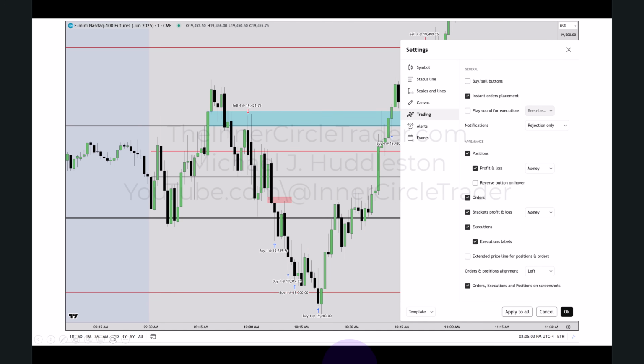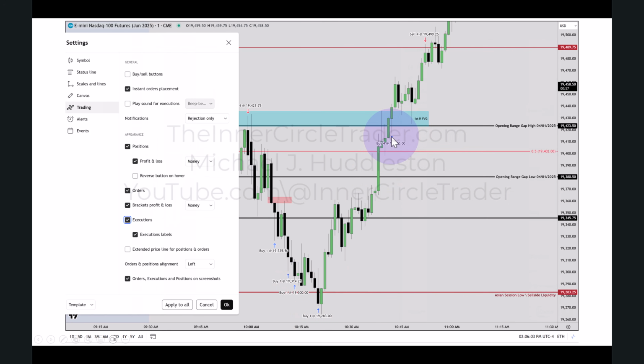And here's the examples of my entry showing the executions. There you go. Taking partial, taking another partial, taking another partial, and then finally limiting out, and then buying here on the run higher. Let me switch that over. So there's my entry at 19,430 inside of the first resistance area gap, and then it drops back down in. That could have been an entry there for your